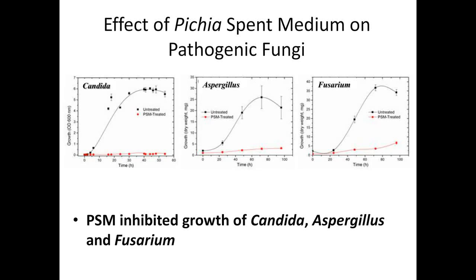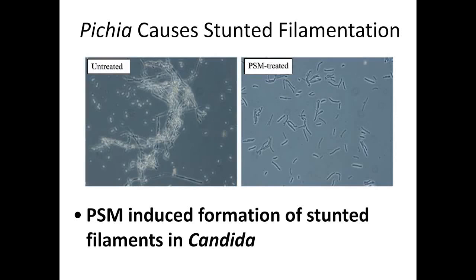This is a growth curve. We took a spent medium of Pichia, we grew it, we took the spent medium, and we saw whether it inhibits the growth of Candida, Aspergillus, and Fusarium. And as you can see clearly, the black curve is the control. They're growing very well. When you add the Pichia supernatant, which is in red, it shows that Pichia supernatant inhibits the growth of these fungi. This is the second